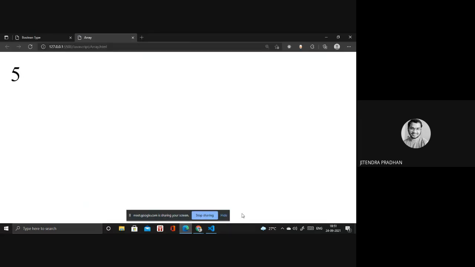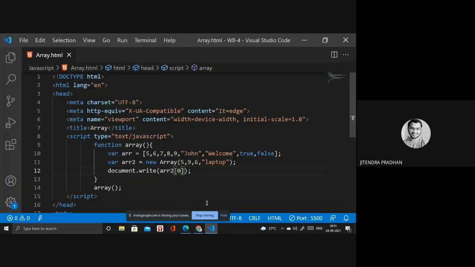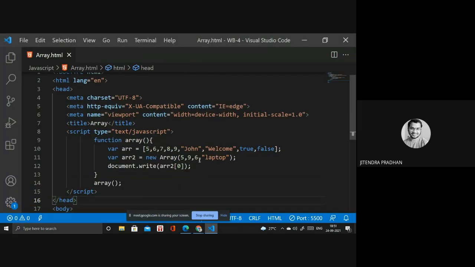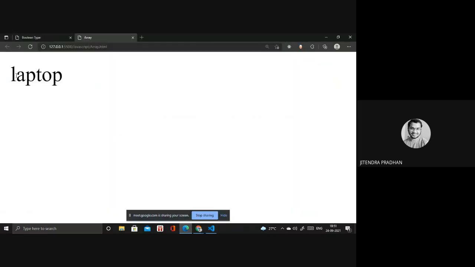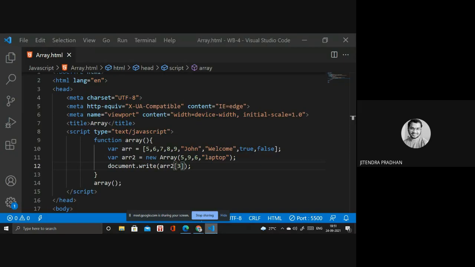It's 5. If I write index 3 or 4, it printed laptop. So by using the index number we can print. All the values we assign inside the meta character or the constructor are stored in memory.